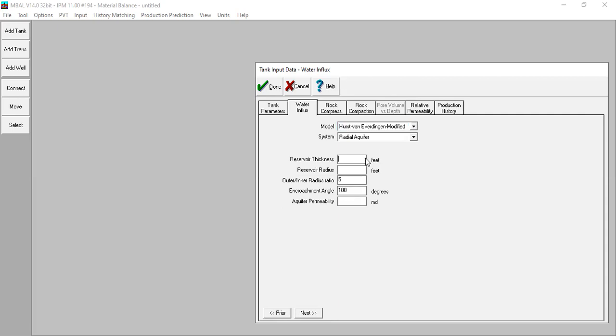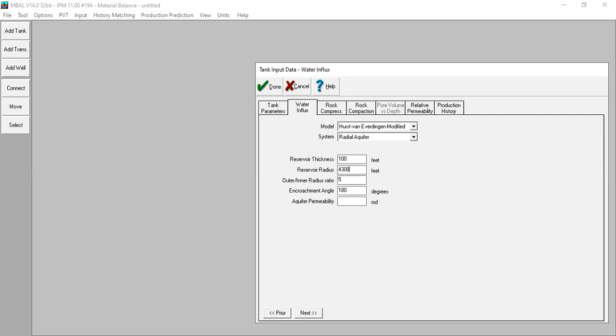And the reservoir thickness, for example, 100 feet, you input the average reservoir thickness, and the reservoir radius, you ask the geologist, the reservoir radius is 4,300, and then the outer inner radius ratio, okay, the outer radius divided by the inner radius. You can open your textbook about the aquifer.